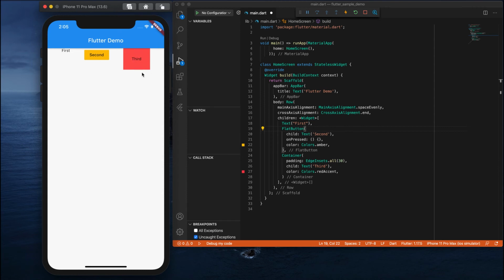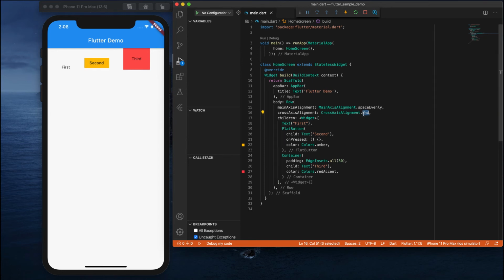Here the third is the highest one, so it aligns the other 2 widgets to the third container. You can see it has aligned as per the max container.